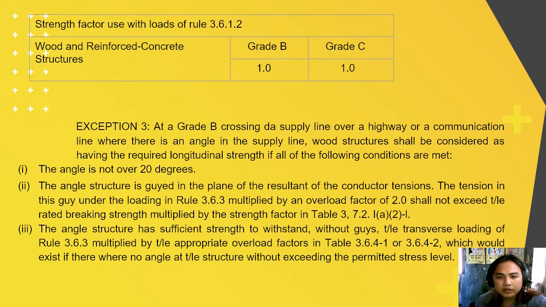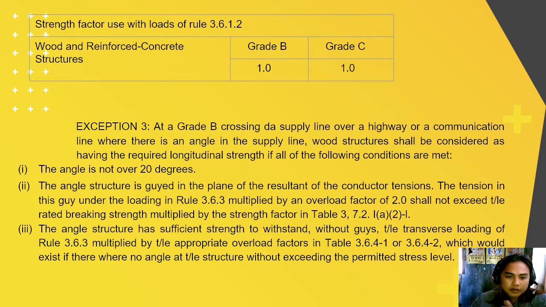At the grade B's crossing, the supply line over a highway or communication line where there is an angle in the supply line, wood structure shall be considered as having the required longitudinal strength if all of the following conditions are met. Number 1, the angle is not over 20 degrees, and the angle structure is guyed in the plane of the resultant of the conductor tension. So the tension in this guy